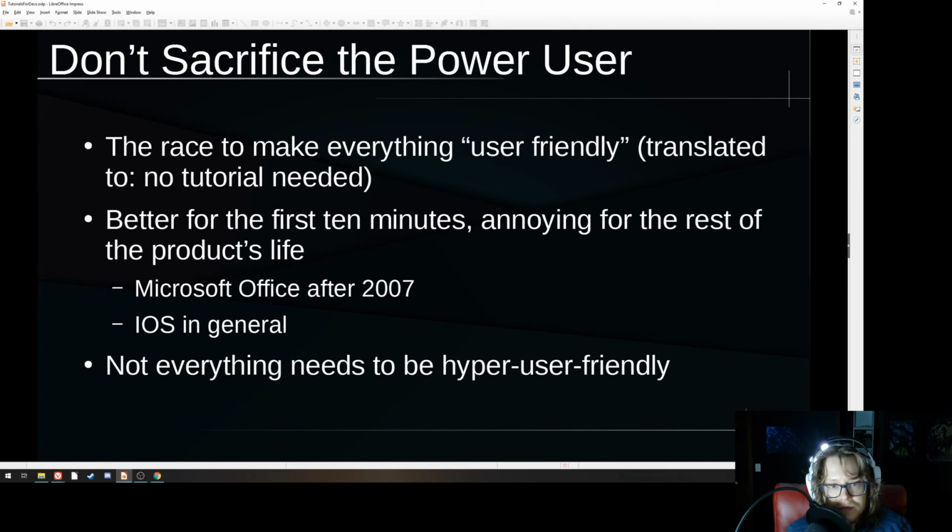And that's great for the first 10 minutes that the product is used for. And then it's annoying for the rest of the product's life. And this is a really irritating trend. Not everything has to be hyper user-friendly. You look at, for example, Office before 2007, when most of you were like 5. It used to be an ugly, horrible, disgusting piece of software that looked exactly like my LibreOffice does now, pretty much. It had a bunch of these